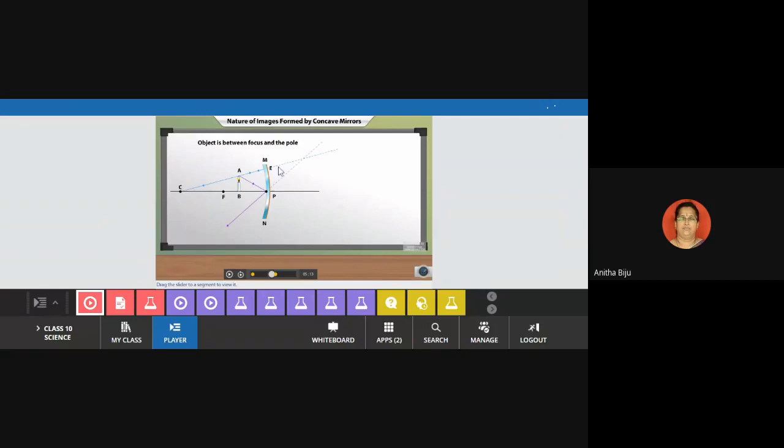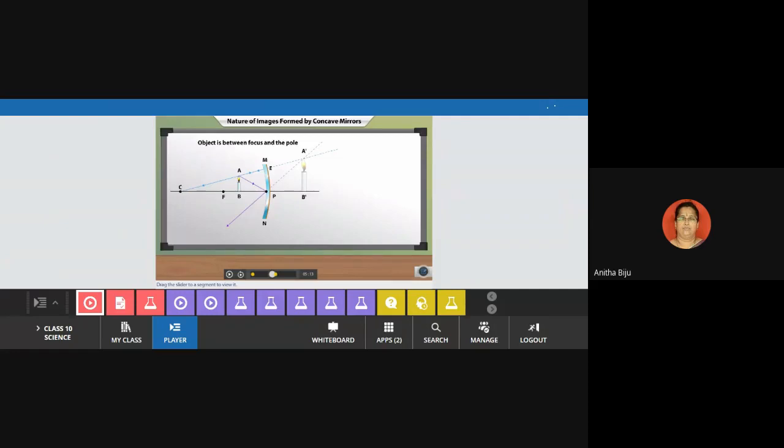You can see the two reflected rays. We extrapolate, which means we extend the rays to the other side so that they intersect at a particular point. There is no restriction on where they have to meet, so it must be a position on the other side. In this way, you can draw the diagram. Now you can see the position of the image. The rays intersect to form an image behind the mirror at A dash. This is the position of the image.